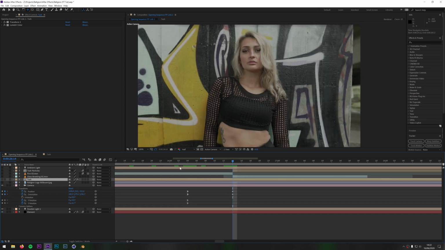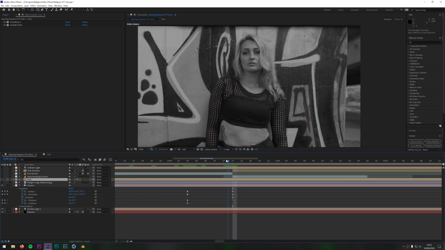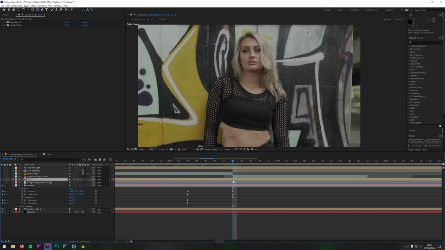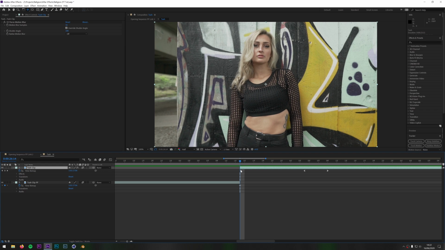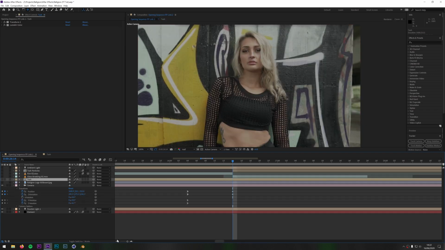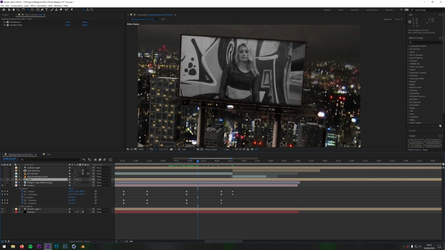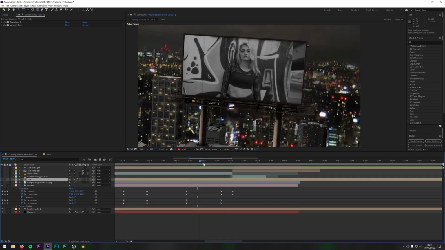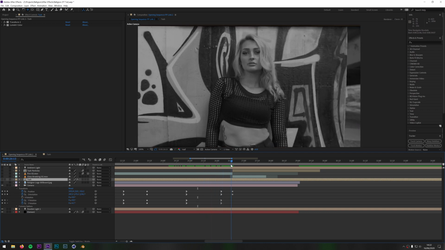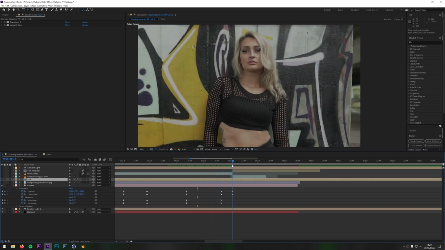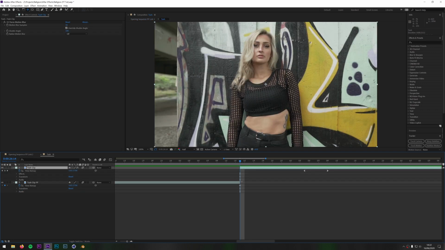I'm just going to switch on this light so it's a bit brighter. So there to there is where the transition takes place, but that is also where the freeze frame finishes. And the reason I had a freeze frame is because when I'm playing it through here, I wanted this to be still, but because I was moving the camera around, there was some joltiness, and I didn't like that. So I wanted this to be still, and then it gets to here, as if it's just a still picture, it gets to here, and then that's when it transitions into the billboard, which is when the freeze frame finishes.